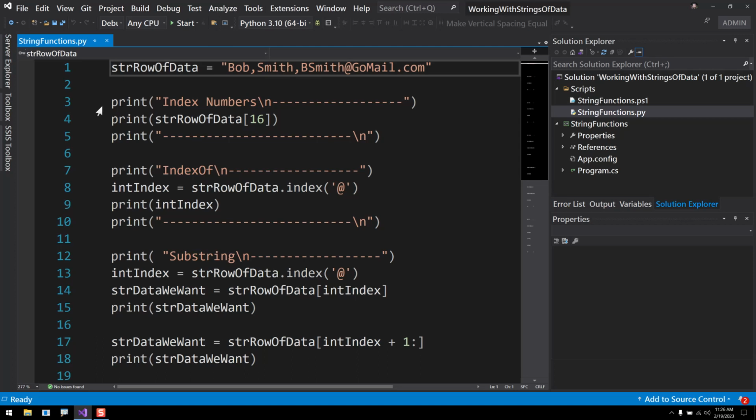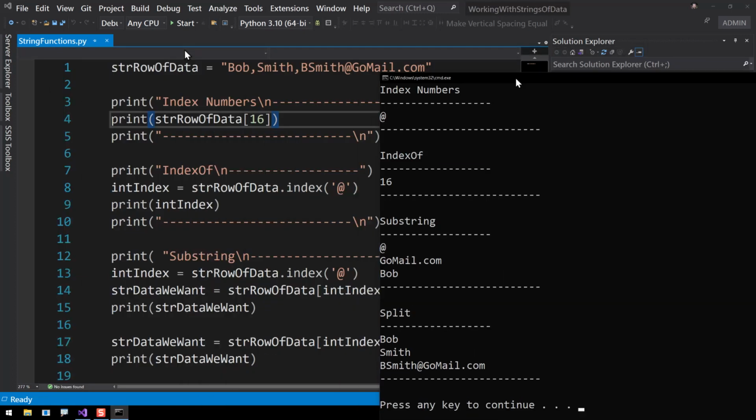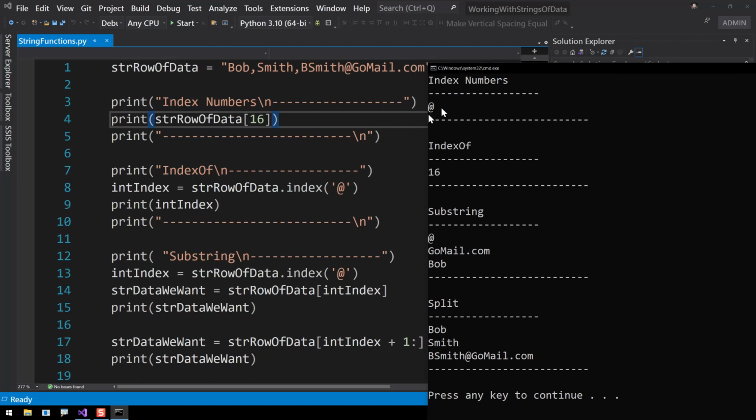Now, you can identify an individual character in a string by indicating its index number. So the B in Bob would be 0, 1, 2, and then the comma would be 3, 4, 5, 6, 7, 8, 9, 10, and so on until we get to the @ symbol. The @ symbol will actually be the 16th character. If I right click and run the script, we'll see that line 4 is actually printing out the @ symbol. Index numbers, there it is, the \n for new line. The dash is there to make it look pretty,